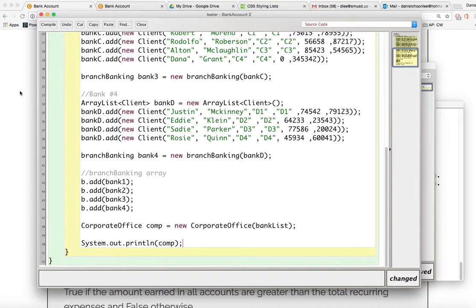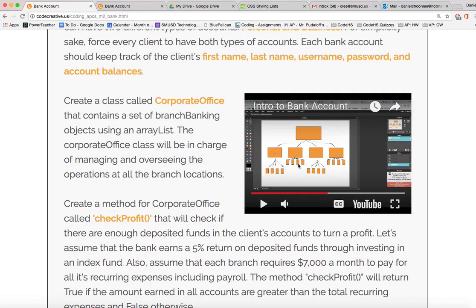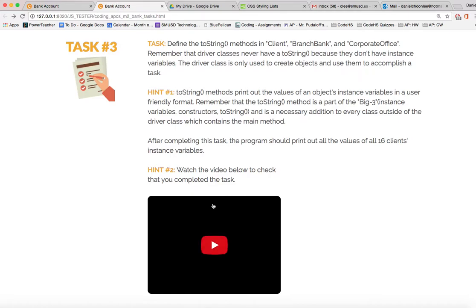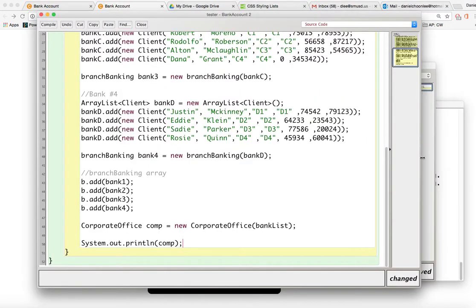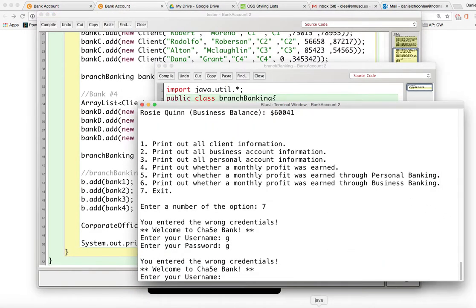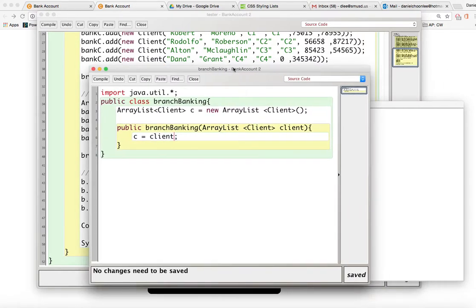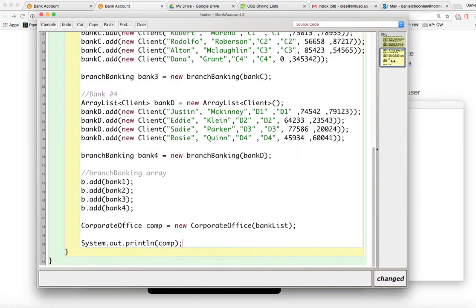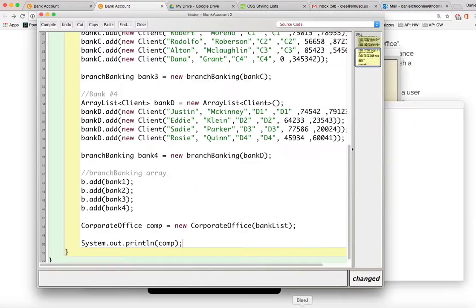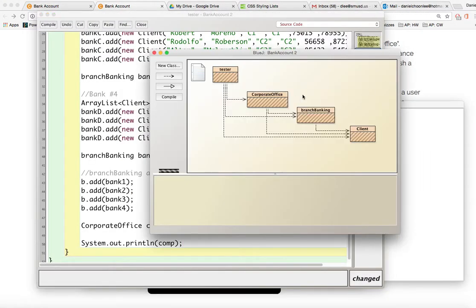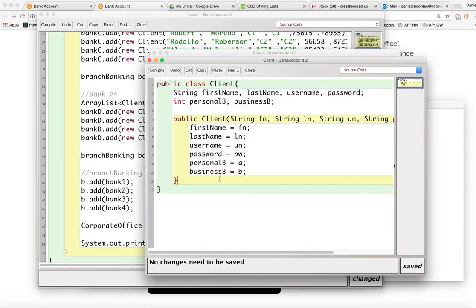Well, we probably want to start with our lowest object on the hierarchy here. So we want to start with our clients. So we come over, we're coming over here, and we go to our client, and then we write his toString, right? So public String toString,